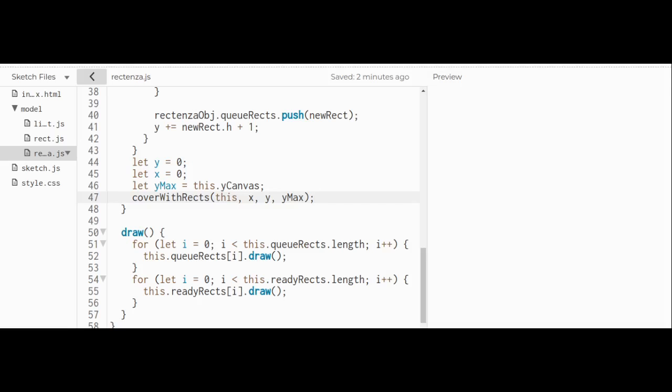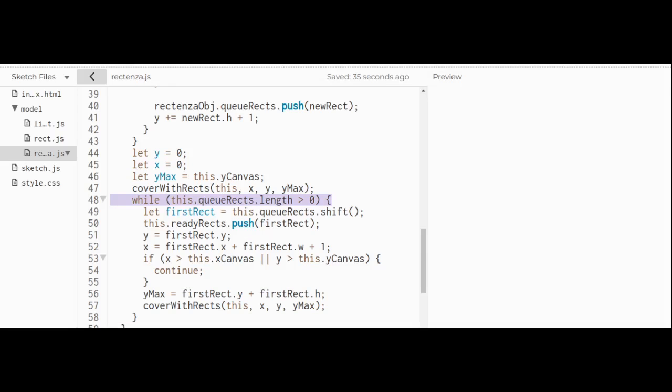Let's continue writing the method. While the queue is not empty, extracting the first one, it's not in the queue anymore. Pushing it to the ready array, finding the coordinates of its upper right corner and adding 1 by x, checking them, finding the y coordinate of its lower right corner, and the most interesting thing, we are using the same